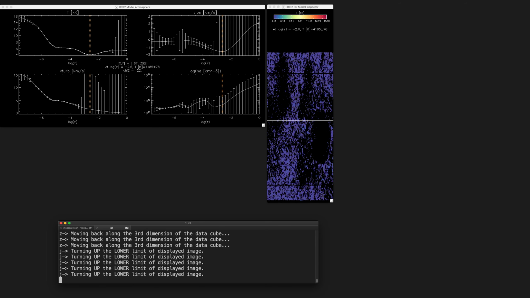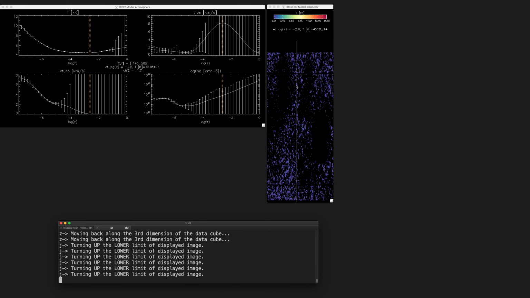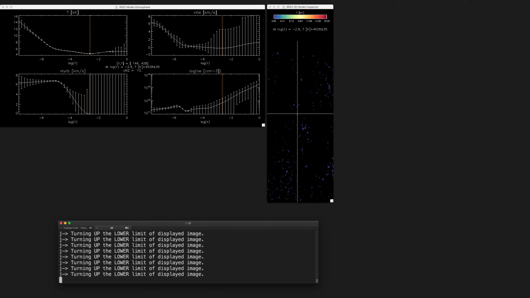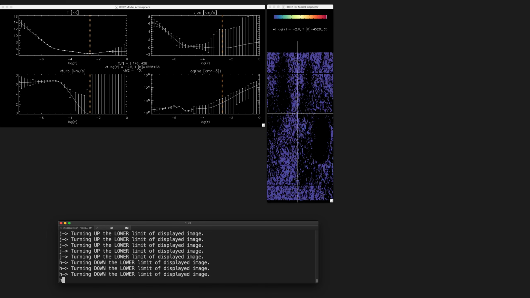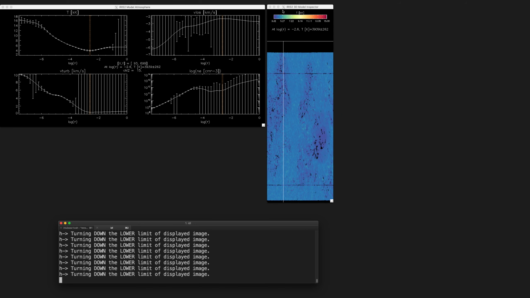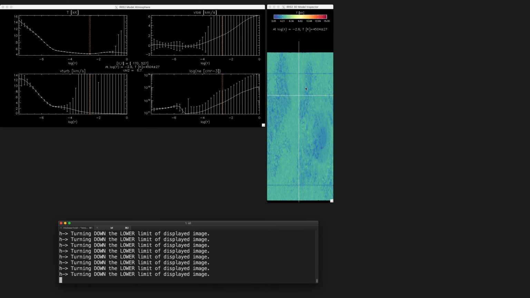As you can see here, this value is changing. In this case, that's not very helpful, honestly. So I'm going to go down. You can see now the lower limit is becoming smaller and smaller. And so I'm changing dynamically the contrast of the image. I can do the same with the